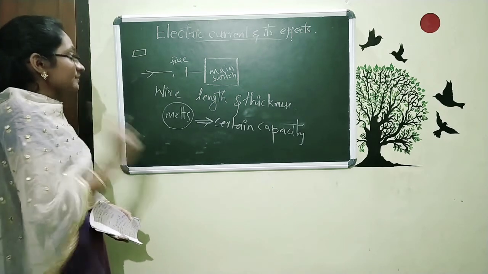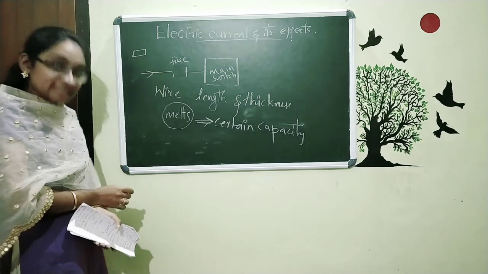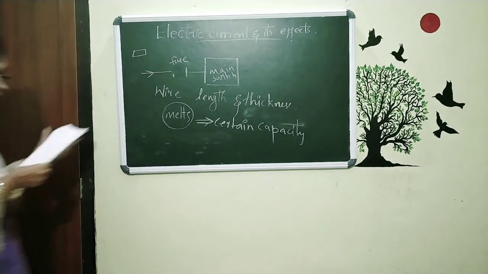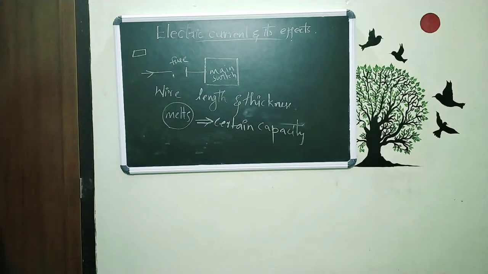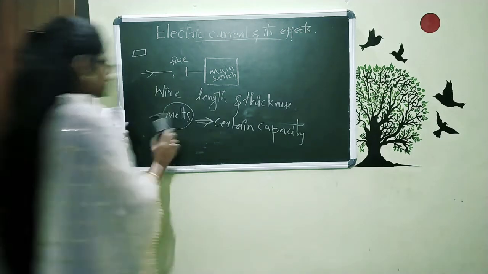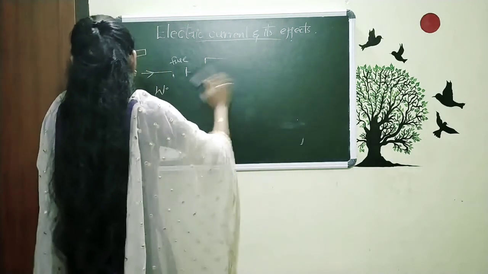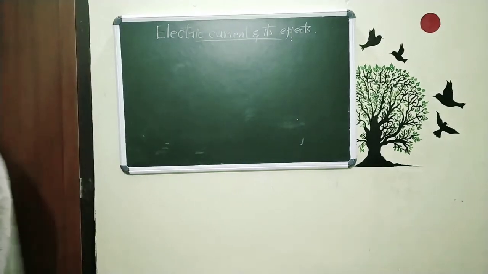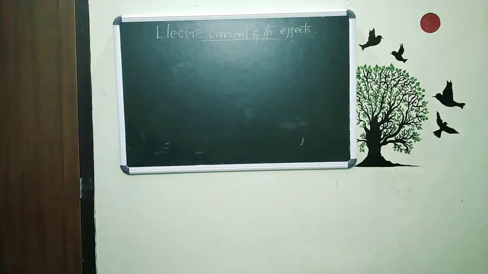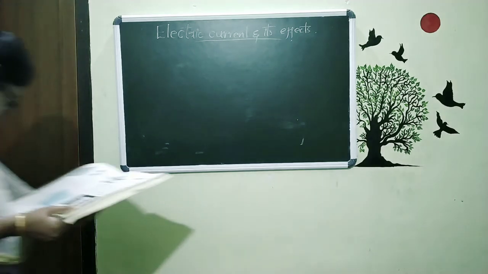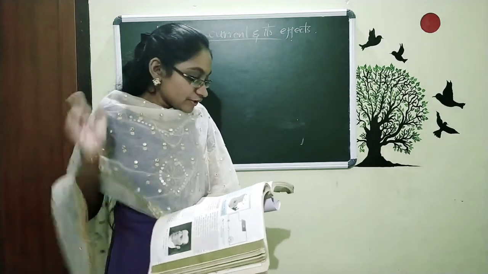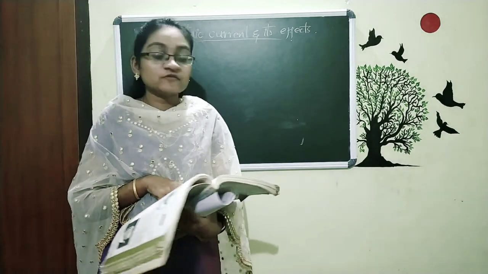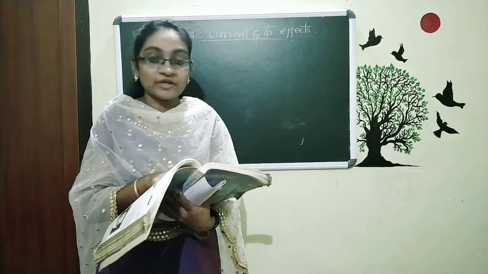So you want to remember this fuse is a safety device. So this is all about this area. Now the question is, how is this high amount of electricity coming to our circuits? That is the next question. Before that, in your textbook, page number 166, you can see two diagrams, figure 14.14 and 14.15.